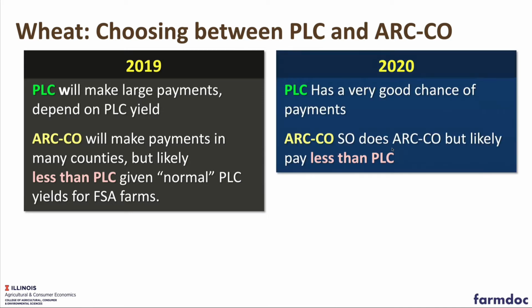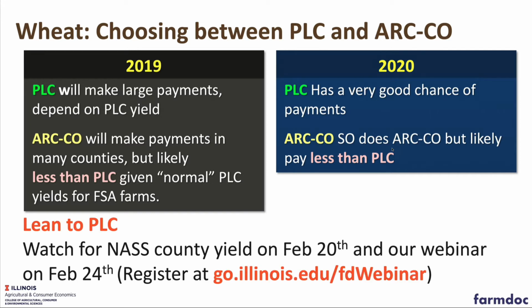So for wheat, PLC will make large payments. It will depend on the size of your PLC yield for your farm. ARC County will make payments in many counties, but likely less than PLC. PLC has a good chance of payments in 2020. So does ARC County, but likely, again, less than PLC. We lean to PLC. So there you go. All right. So if you're looking at those